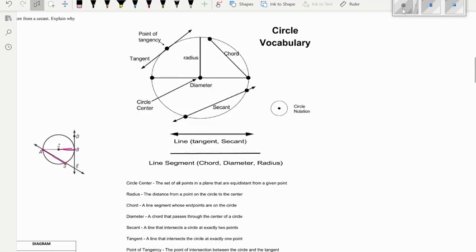So here is a graphic organizer that you will have in your Google Classroom. So again, it has everything that you need with the picture. So the center of the circle, radius, chord, diameter, secant, tangent, and point of tangency. So this is just a quick way to look at everything in case you forget. All right, so next